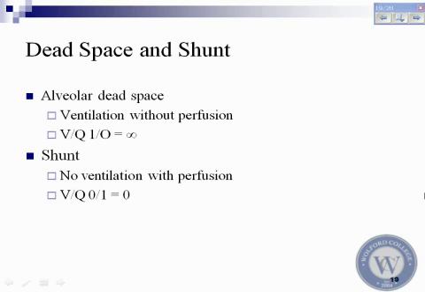So if I have a choice between dead space issues or shunt, I'd rather go into dead space problems because they're more easily managed with increasing FiO2s, versus shunt, which is very difficult to treat with increasing FiO2 levels. Okay? So the way you look at the equation is, imagine that you have